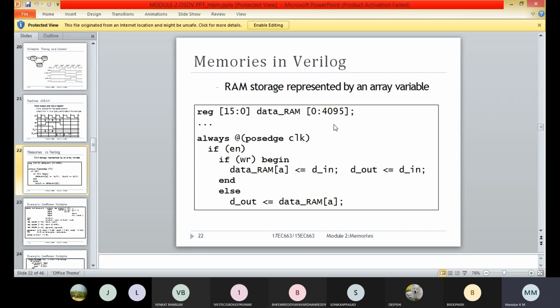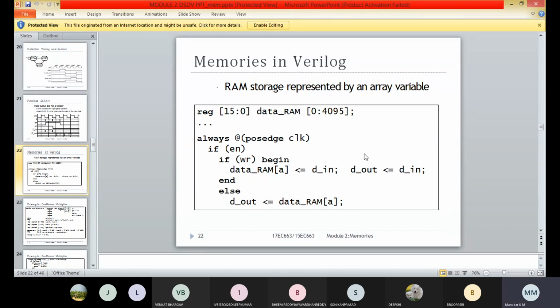So this address will act as an index, and this can be any value between 0 to 4095.